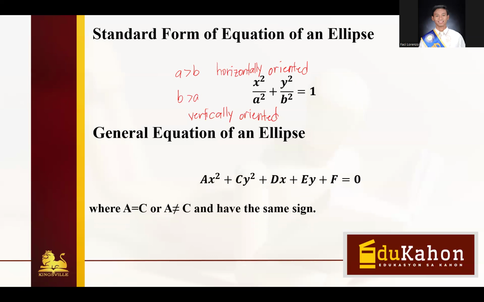And the general equation of an ellipse is given by ax squared plus cy squared plus dx plus ey plus f is equal to 0, where a is not equal to c and they have the same sign. You could consider that the general equation of a circle is similar to the general equation of an ellipse, but the difference is that for a circle a is equal to c, while for an ellipse a must not be equal to c. So there's a time that you should consider the values of a and c, because there are some equations where a is equal to 0 and c is equal to 0. So we couldn't consider them as a general equation of an ellipse.